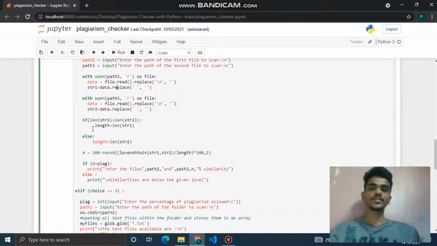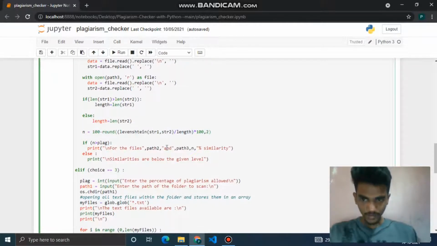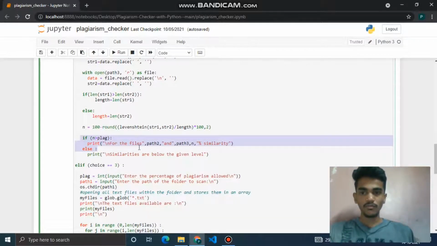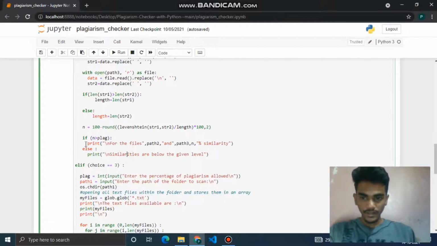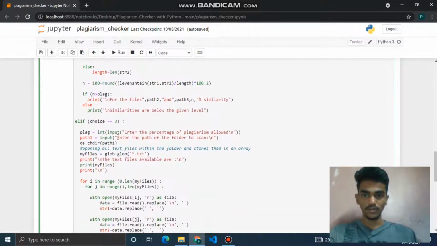Then it compares the length of the strings and gives it to the length to count the Levenshtein distance here by subtracting it from 100. If the plagiarism level is above what we have given, then it prints the file and the plagiarism percentage here. If not, then it simply returns that similarities are below the given level.